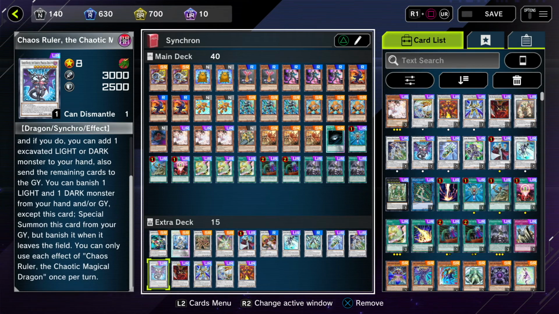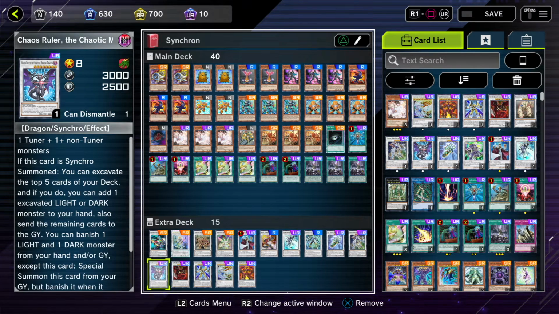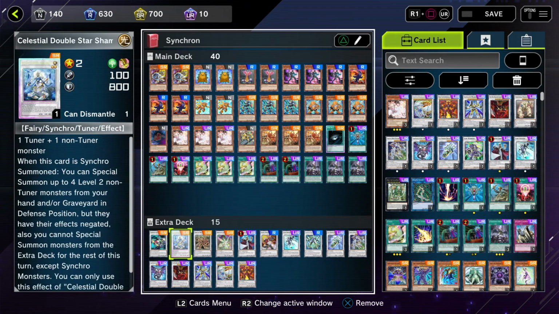The other effect is that if it's in the graveyard, you can banish a light and a dark monster, and then special summon it from the graveyard, and then banish it when it leaves the field. You can only use the effects once per turn, but that is something to keep in mind for further extension, and it's just another fodder to have for Satellite Warrior as well, if you're able to get out a couple other